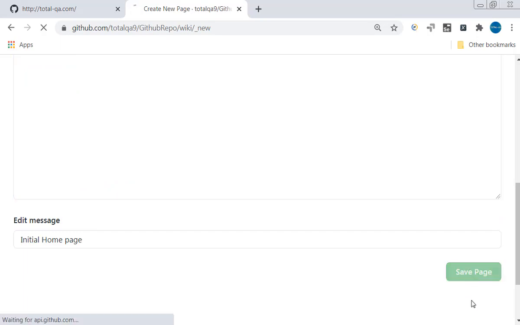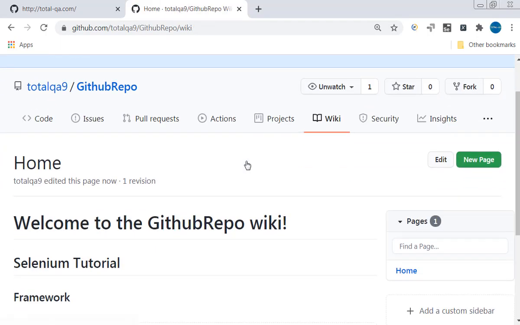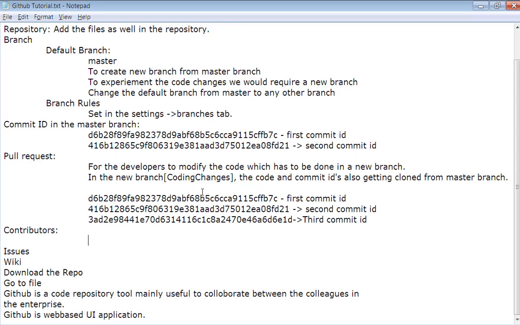So you can write all these things and save the page. Finally, you can even have a wiki in the GitHub repository. So we have code, issues, pull requests, and a wiki, all clearly mentioned. Okay, now the next point.